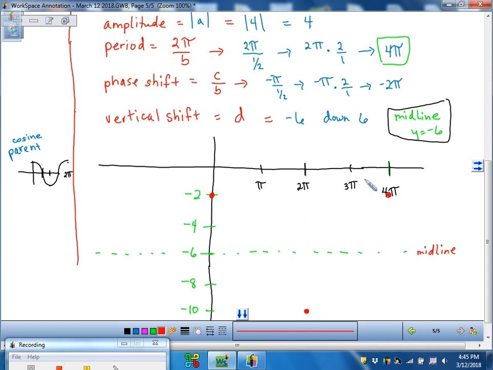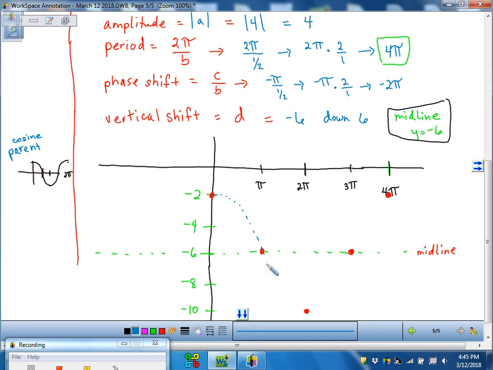And then what do I do with these intermediate points in between? Well, that's where they cross the midline. So halfway in between 0 and 2 pi, I should be crossing the midline, which is at -6. And then halfway between 2 pi and 4 pi, I should be crossing the midline again, right at 3 pi. So now I have 5 points on my graph. Now I can sketch in what my